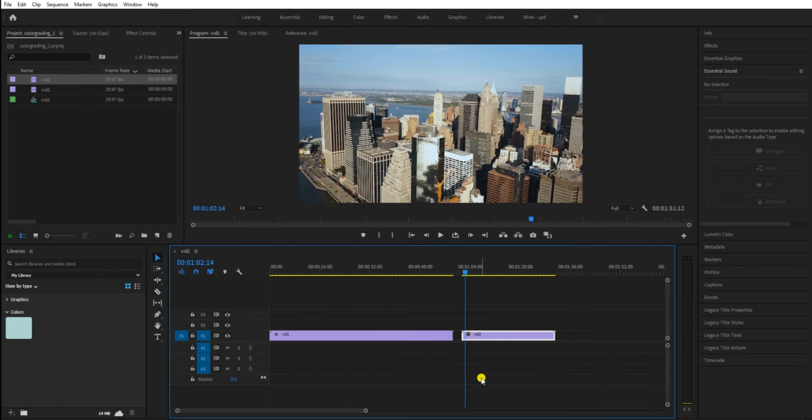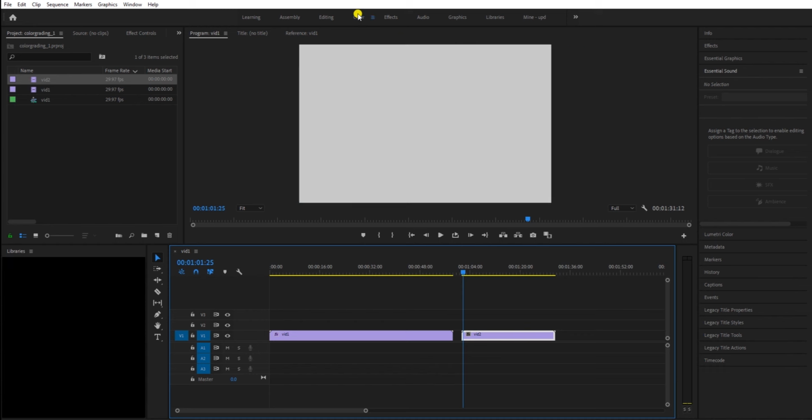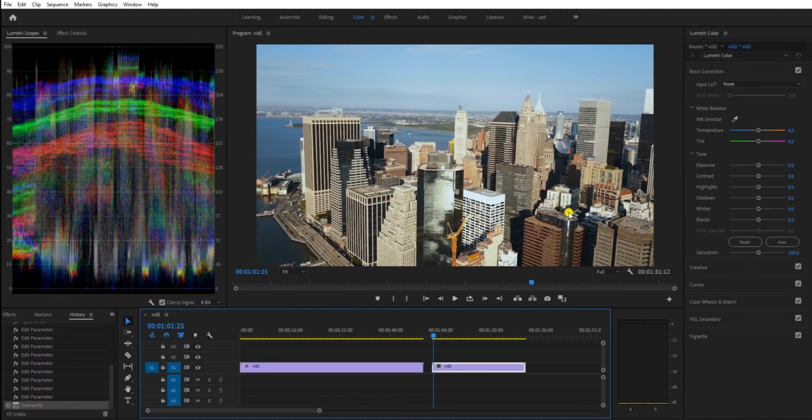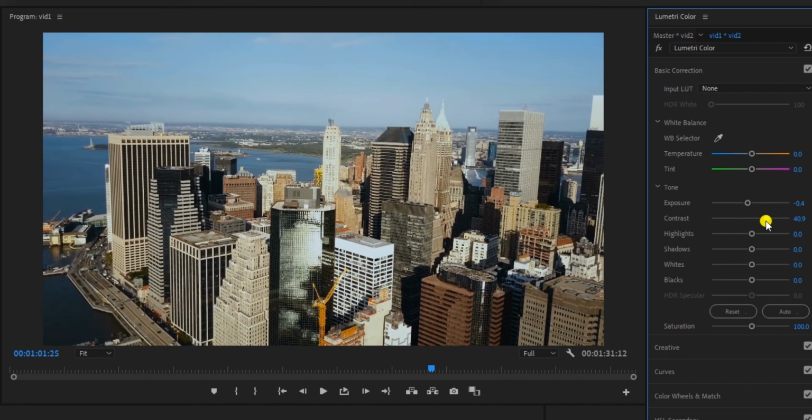So for the next video, I have this aerial view of New York City. But as you could see, the color looks a bit flat. So again, let's open color. And for this, I'm going to decrease the exposure a bit because it seems like it's too bright. I'm going to increase the contrast,